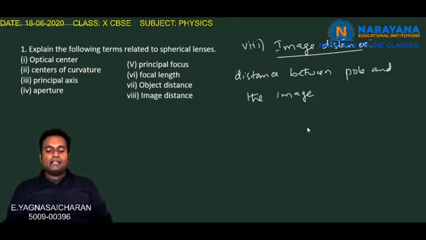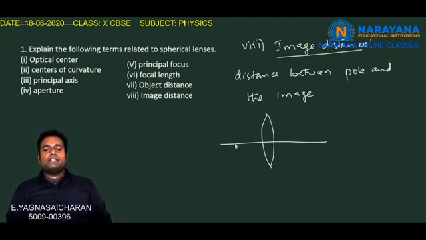So let us consider a convex lens, and let us say here is the object. So for tracing the image, it requires at least 2 rays. So the minimum number of rays required to draw this ray diagram is 2 rays in order to trace the image. So let us consider this is the first ray, which is paraxial. So after refraction, the ray will pass through the principal focus. Let us consider one more ray that is passing through the optic center or the pole,